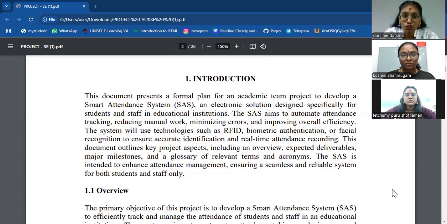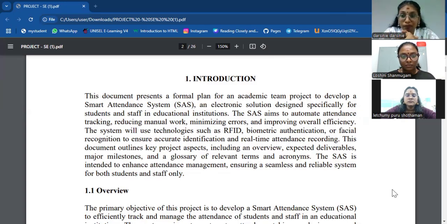The system will use techniques such as RFID, biometric authentication, or facial recognition to ensure accurate identification and real-time attendance recording. This document outlines key project aspects, including an overview, expected deliverables, major milestones, and a glossary of relevant terms